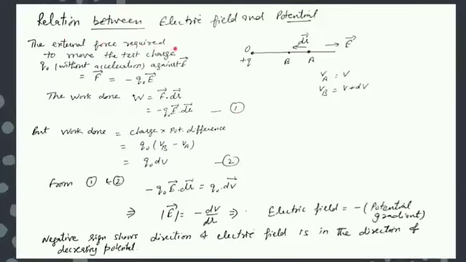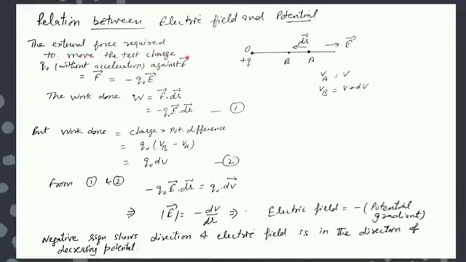You can derive the relation between the electric field and potential, a stepwise derivation. If it is asked in your exam, you can do it. Suppose you are bringing the body from A to B in the presence of the source charge plus Q, the field is acting in this direction, dr is in this direction. Potential here, if it is V, the potential at point B has to be greater. When you are moving away, potential is decreasing for the positive charge. If here I put the negative charge, then this will be otherwise.